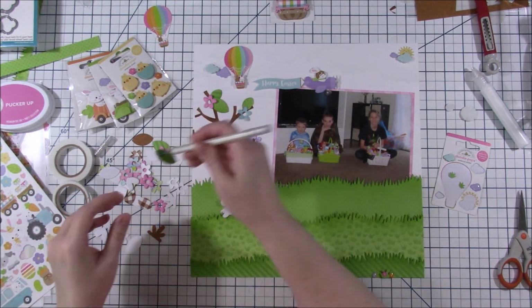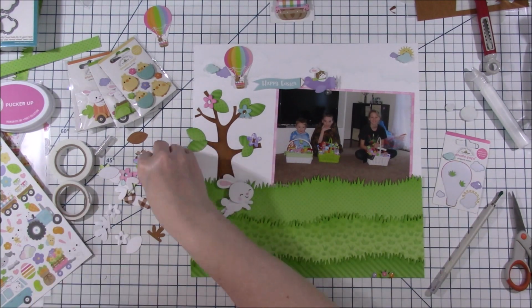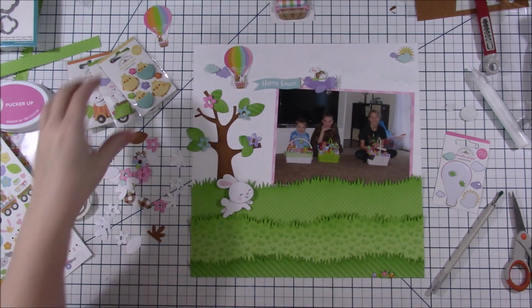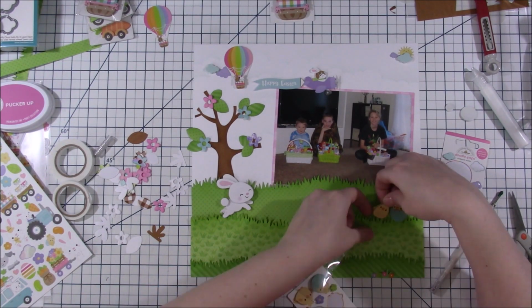But it also has those big leaves, and those flowers are die cut out of it. Now it does cut the center of those flowers, but they get kind of stuck in the die itself. I've never used a Biggs die before. It's one of those big thick foam ones that'll cut through a lot of stuff. So